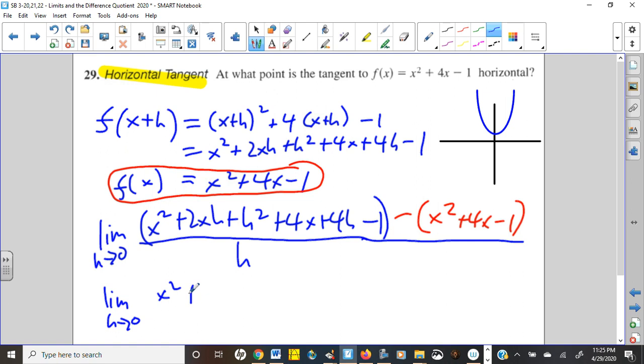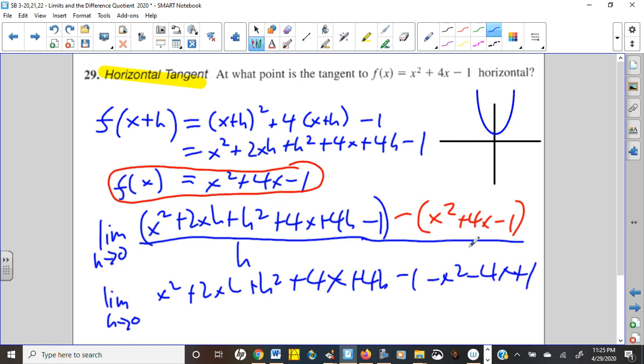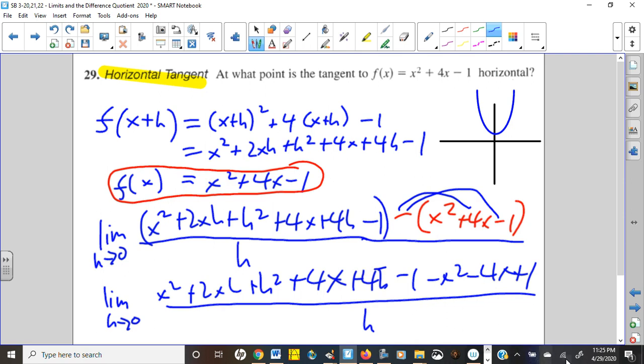X squared plus 2xh plus h squared plus 4x plus 4h minus 1 minus x squared minus 4x plus 1. Once again, remember, you got to distribute that minus sign through there. This is all over h, which is really the only problem we have is that h down there because it can't have a 0